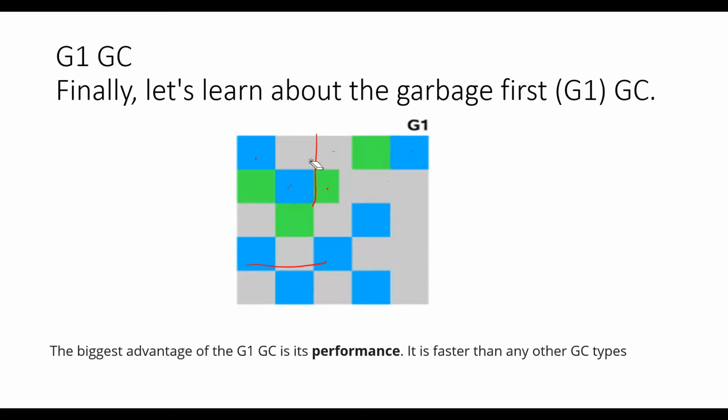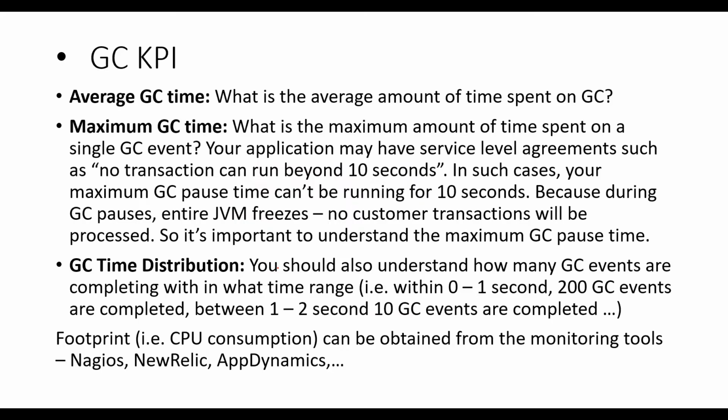Now we have seen what GC is and what the different types of algorithms are. Now coming to the main topic: when we are doing a load test or monitoring a test, are we monitoring GC correctly? That is the question. What are the things that we need to measure in GC? These are the three listed here, but there are many more parameters. We will go through them in the hands-on sessions, where I will show you the actual screen with the multiple GC KPIs.